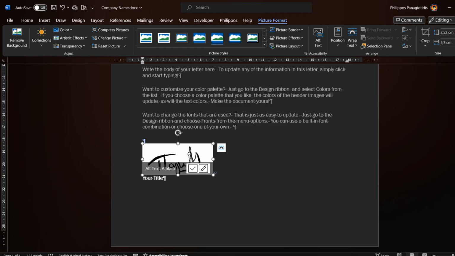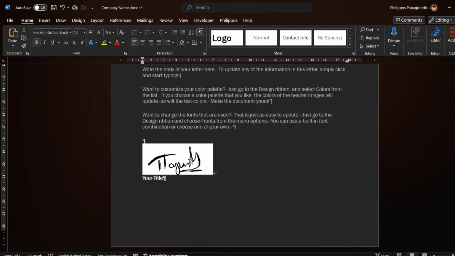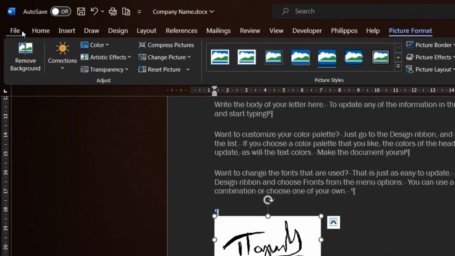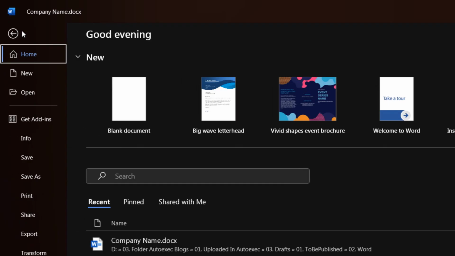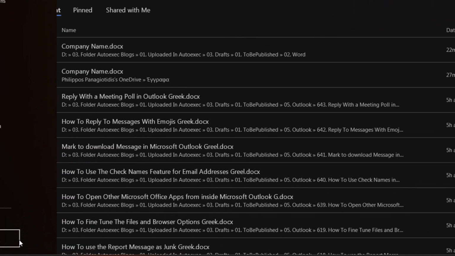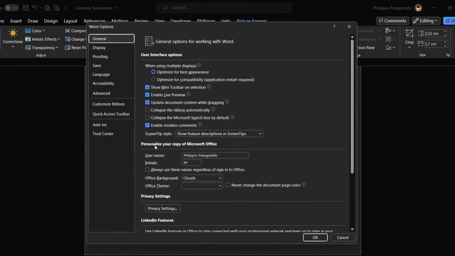The next thing that we need to do is to select the image just by clicking on it. Once selected, we will notice all these handles around the image, indicating that it is selected. While the scanned signature image is selected, we must select the File tab to move to Backstage View. Once in Backstage View, from the left, we select the category Options. Once the category Options is selected, the Word Options dialog box appears, where from the left we select the category